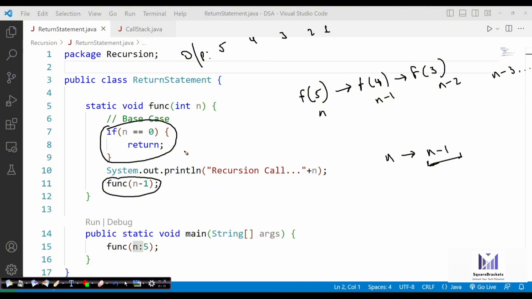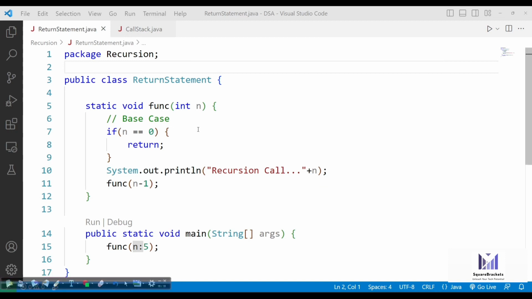Obviously recursion will not execute infinitely, because there is a stack overflow error whenever the recursion limit is reached. So we need a base case to terminate the calls. Once n becomes 0, it returns. This is the base case or the terminating case. Right now the processing logic is just to print the value of n. This is my processing logic in this particular program.